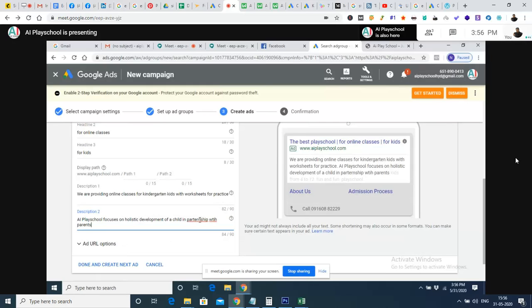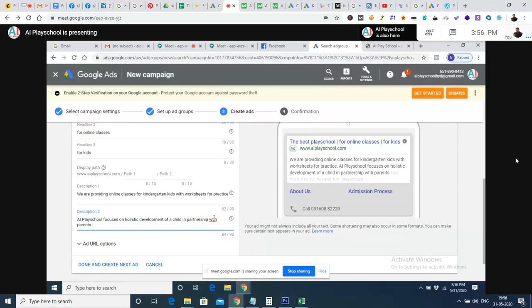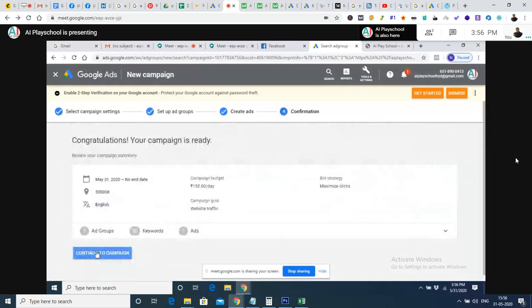Okay, that's great. So now we can scroll down. Yes, now we can give the option which is save and continue. Okay, so that is great. I think we had already given the location.